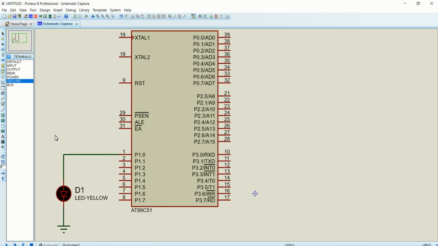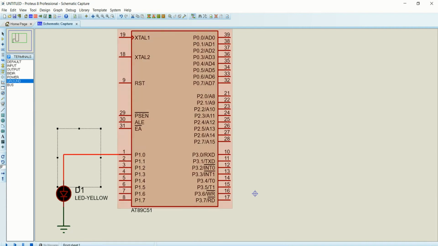Now as per our circuit, our LED anode is connected to P1.0, that is port 1, 0th bit. So as per our logic, initially I just want to turn on this bit P1.0 and wait for 1 second or a particular period of time, and after that I want to turn off the LED and wait for the same time. So this is the process of blink, right?